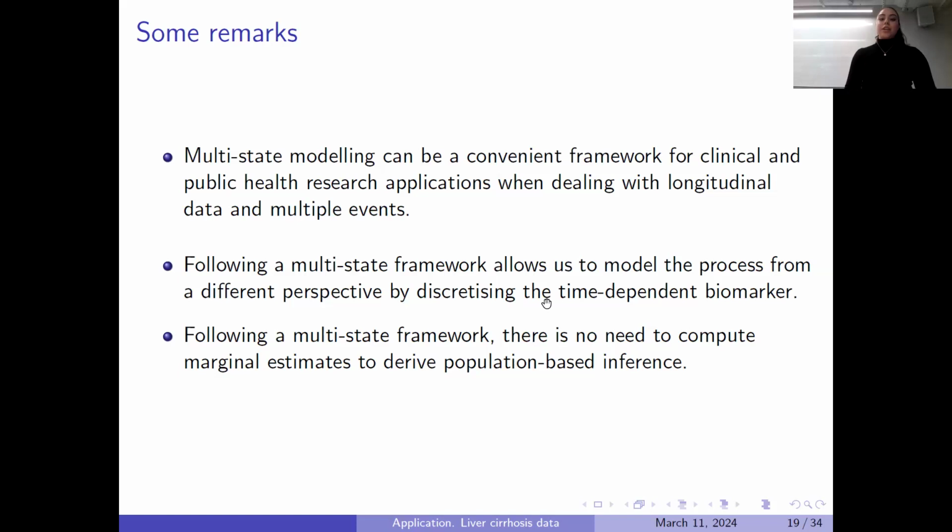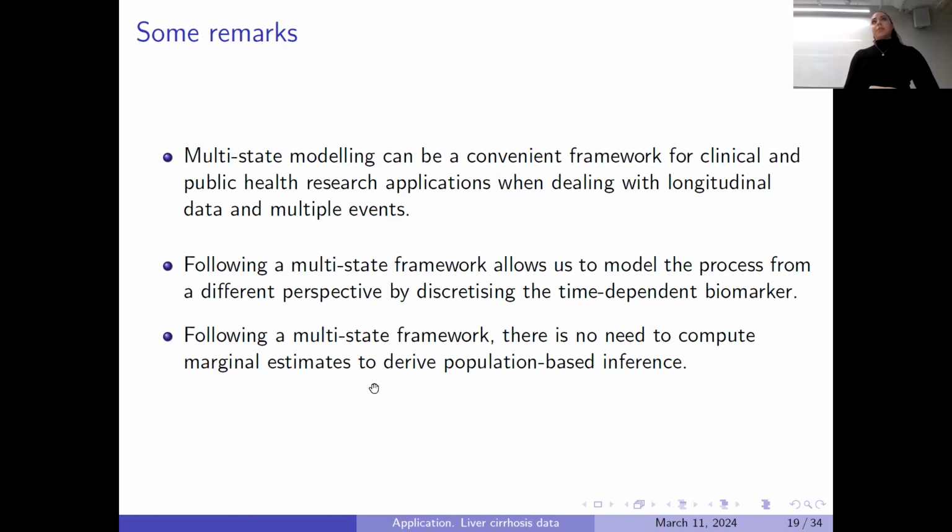We also see that there are different ways that we can think about how we define the living state. By discretizing the time-dependent biomarker, we compared two different models, and we also compared to a joint model that is quite popular. And another advantage of using a multi-state model is that we don't have to